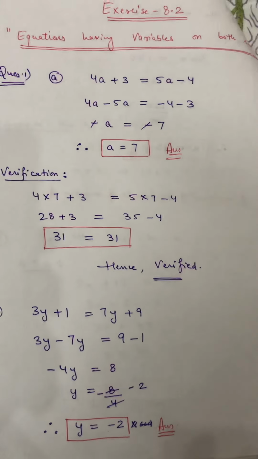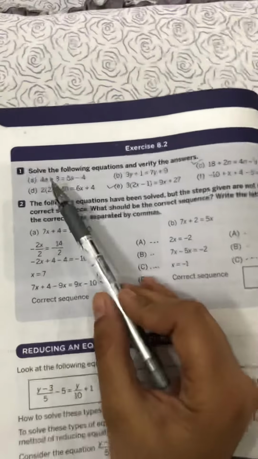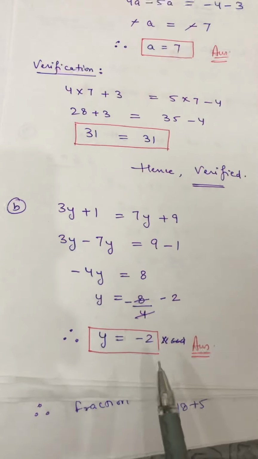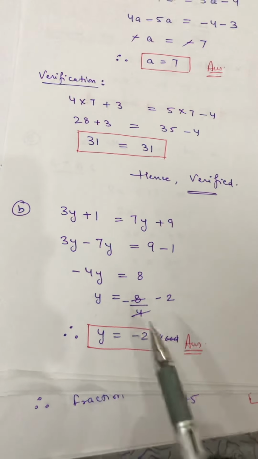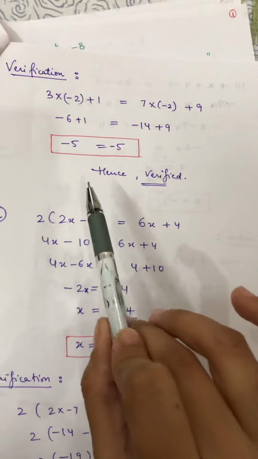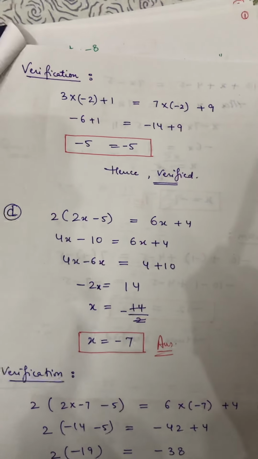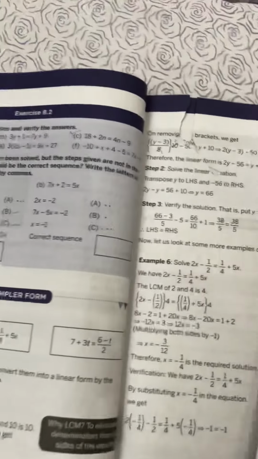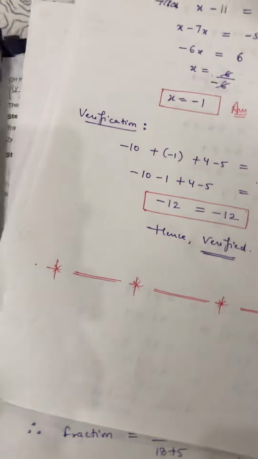In this way you have to solve all the parts, A part, B part, C part, in every question. Shift your variables to the left hand side and constants to the right hand side. Take out your answer, and whatever the value is, put that value in your verification. If both are equal, it means your answer is verified, right? I have solved every part in the PDF. The D part and this E part are your homework, for practice purposes. Every part is the same, simple.